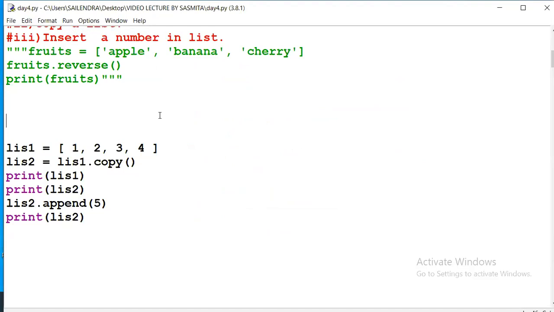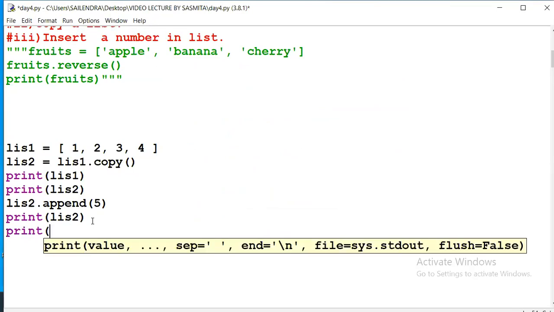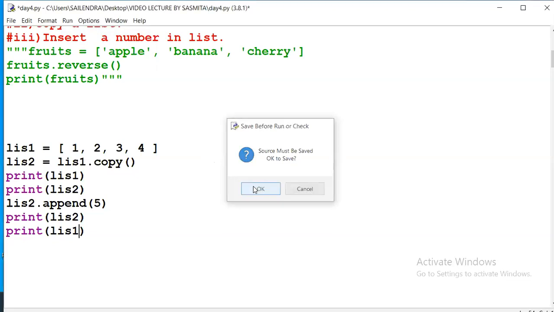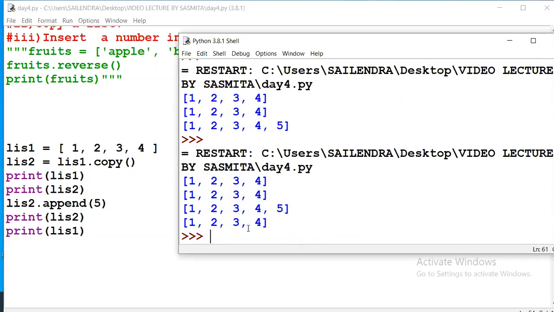List 2 dot append of 5, print list 2. When we print, with append we will have added 5. If we print list 1 here, what will come?